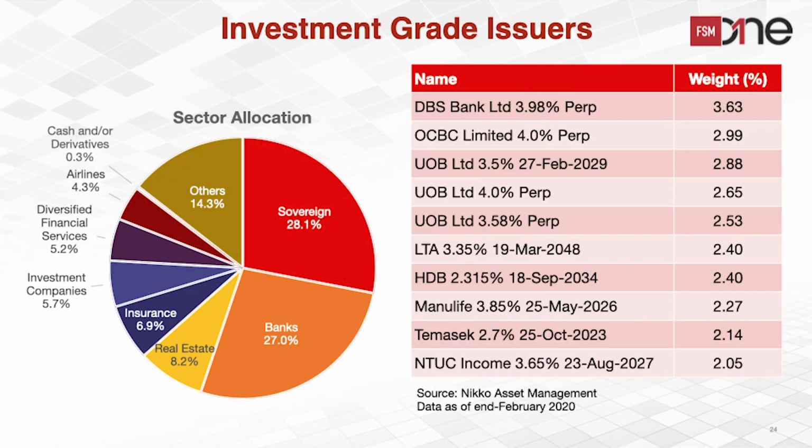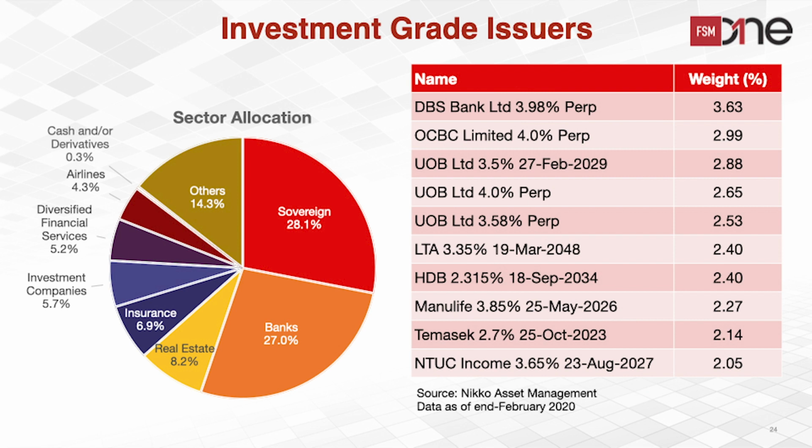Okay, so at this particular slide, I just wanted to illustrate the diversification benefits that this ETF has. Because this ETF is actually invested in many different sectors. And if you look at this table over here, okay, they are actually diversified across a lot of different companies. And even in the unlikely possibility that one company defaults on its bonds, okay, there is actually minimal impact